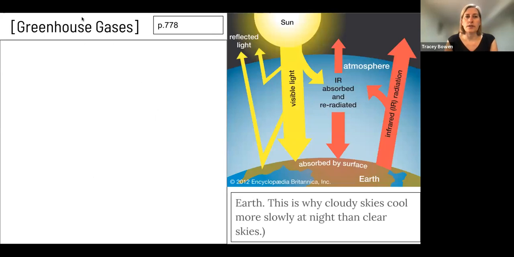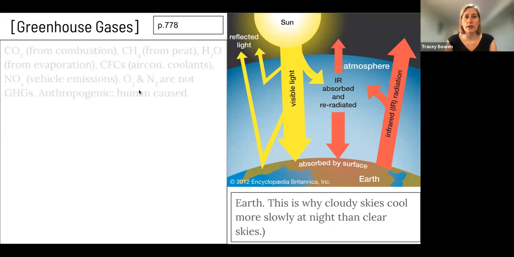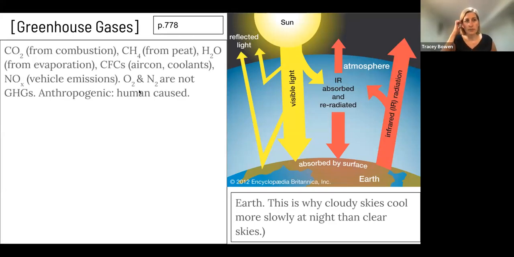And so firstly, we want to talk about greenhouse gases and how they warm up the earth. And so many of you have probably heard of different greenhouse gases: carbon dioxide, methane, water vapor, CFCs, nitrous oxides. All of these are greenhouse gases, and carbon dioxide comes from the combustion of fossil fuels. Methane comes from melting permafrost, and then also from the harvesting of peat. Water vapor comes from evaporation, and then CFCs, chlorofluorocarbons, come from air con and coolants, but that has been reduced